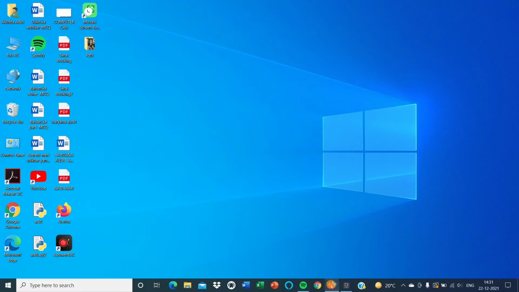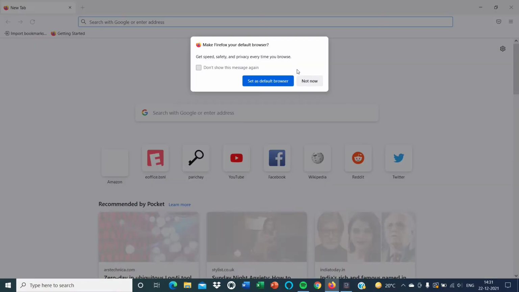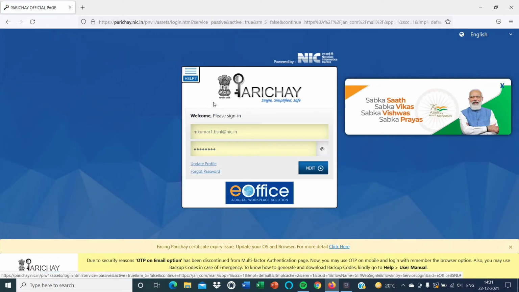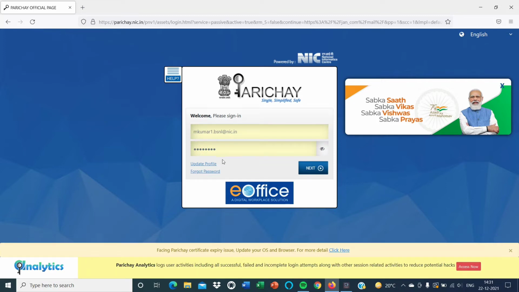So first of all, we will go to the URL eoffice.bsnl.co.in and you will be redirected to the Parichya page. And after entering the username and password, when we click on next,